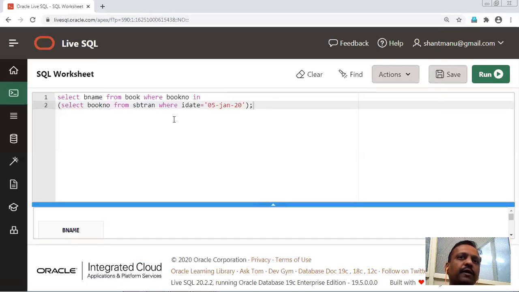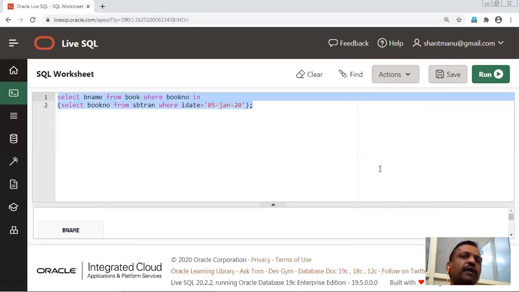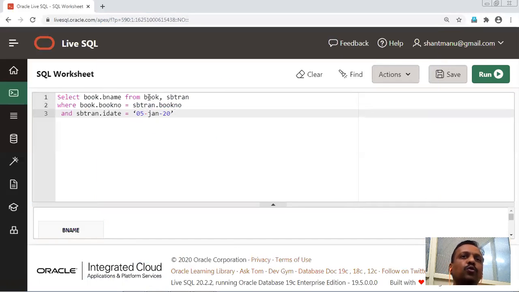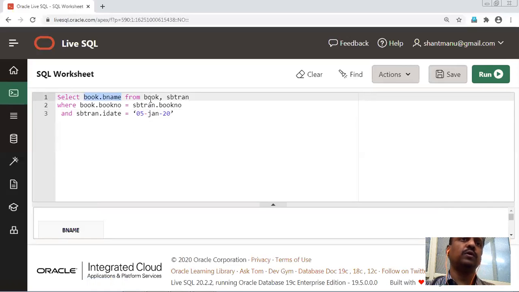The alias query, using multiple tables at a time. So book and SBTran: you have to select book name from the book where book.book number equal to SBTran dot book number.